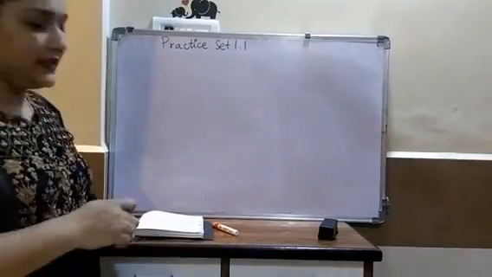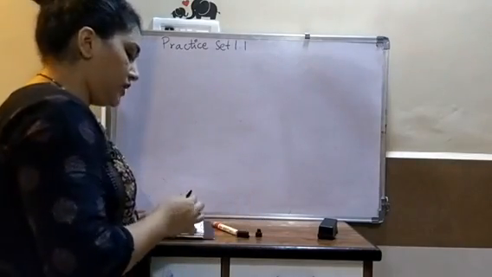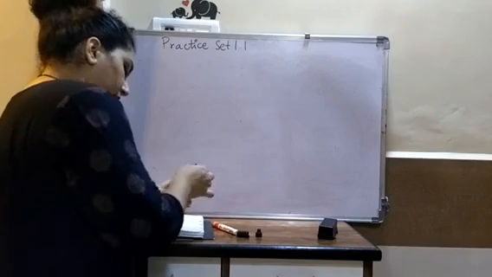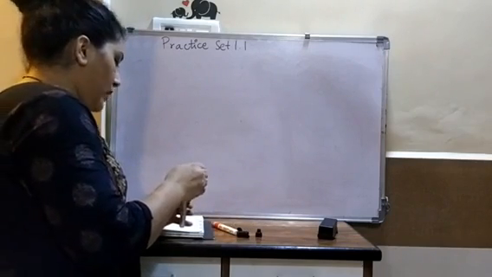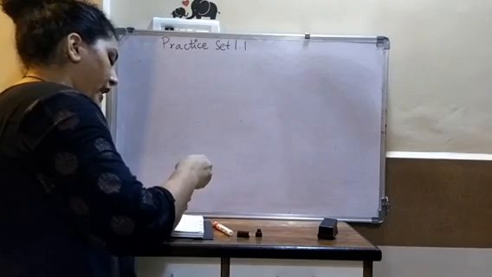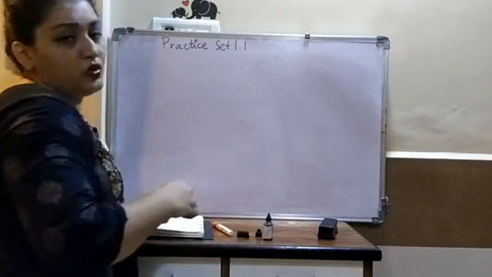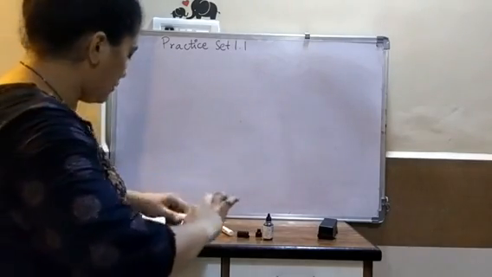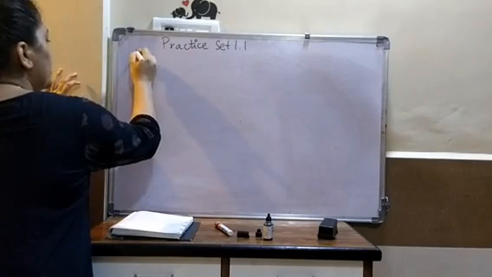What is your second example? Your second example is x plus 7y is equal to 10, and the second equation is 3x minus 2y is equal to 7. Okay, so you have two linear equations. The very first step is to number your equations. So I start numbering my equations. That is your second question.